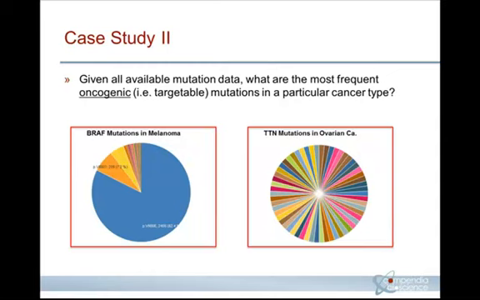So what I'm showing you here, much like what we saw for HER2, is the mutation spectrum of two different genes, BRAF in melanoma and a gene called Titin in ovarian cancer. And I would just